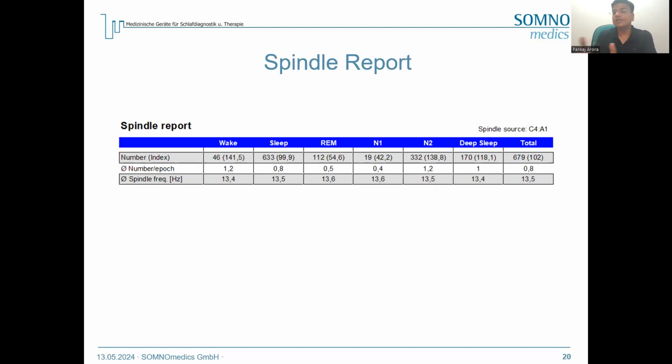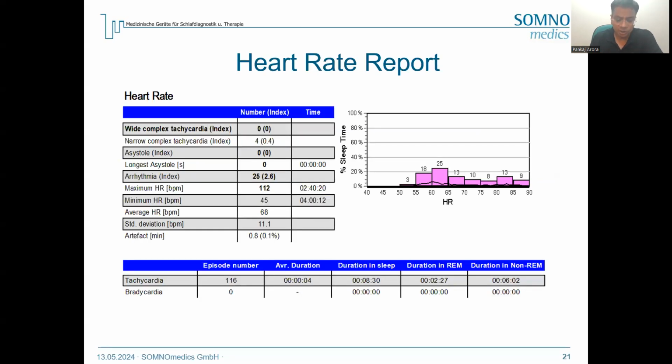Because of this, spindles are coming also in stage N3 or any other stage. So we need to look into it, if the patient is taking some kind of medications, and in turn it is affecting the spindle report. So now, as I told you, when the patient is having sleep disorder, breathing issues,